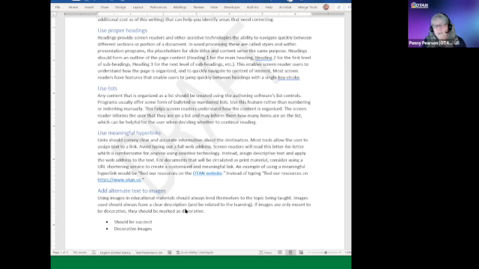Using lists is also very important. I've seen a lot of folks that will manually create a list. They'll hit the tab key, they'll type a 1 and a dot and hit the tab key again, and then they'll type something out. That's a manual way to create a list, but if you use the ones that are built in, the organized list, sometimes there's bullets, sometimes there's numbers, then it allows the screen reader to identify it